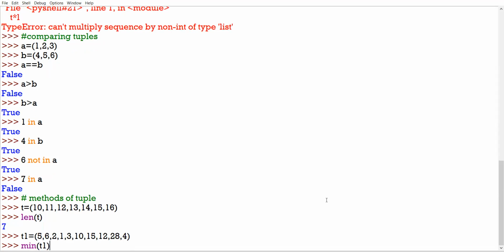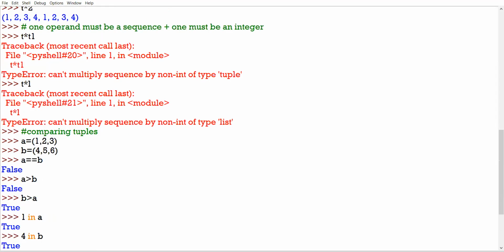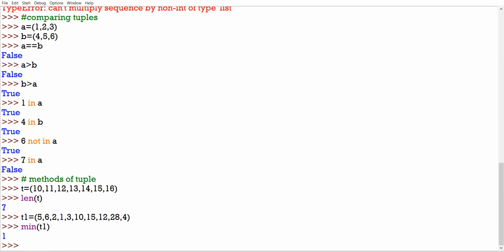The same min function, the same max function you applied on list also, you can apply on tuple. So I am checking out the minimum element from the tuple by using the min function. Okay, am I clear? So my answer will be 1.